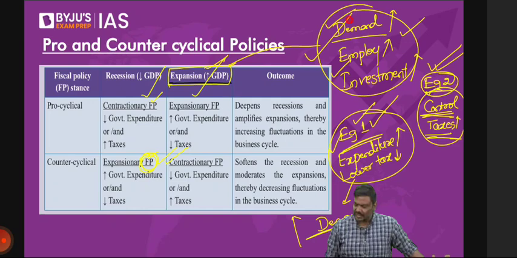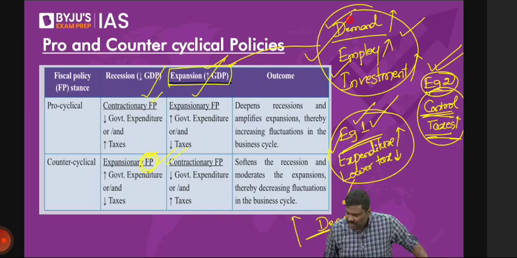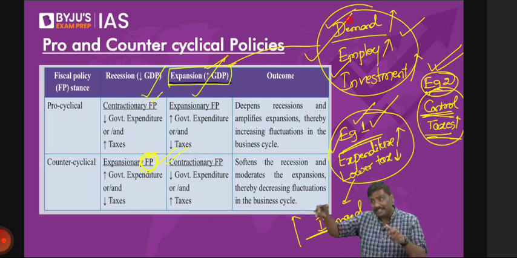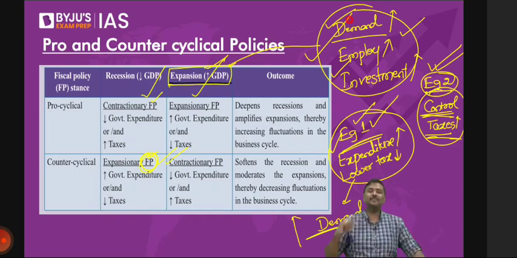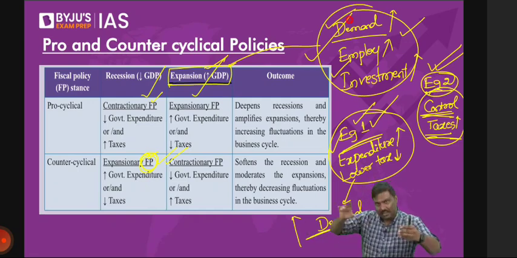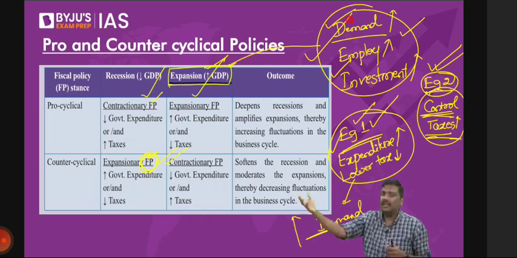How does fiscal policy impact the recession? What do you mean by that here? When government is increasing taxes and increasing expenditure, you have to look at the policy in the context of the economy. If you simply say government increases expenditure, pro or counter, how do I tell? You tell me in what context. If government is increasing expenditure in the context of an economy that is already expanding, that's a wrong policy.